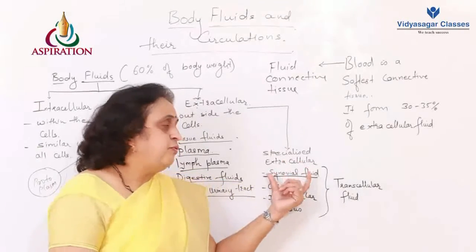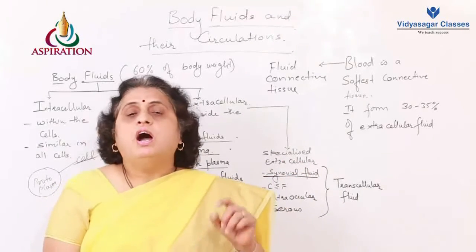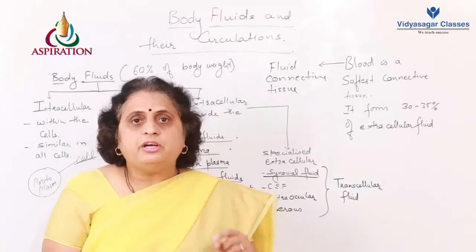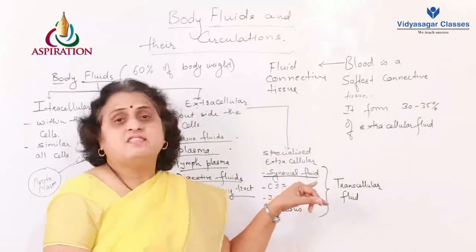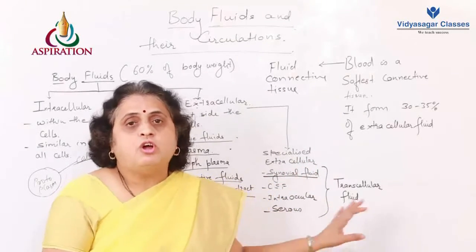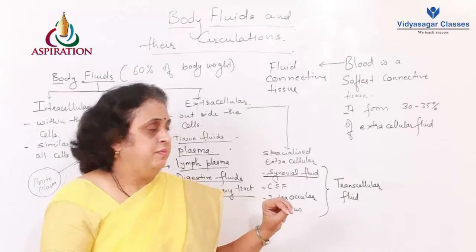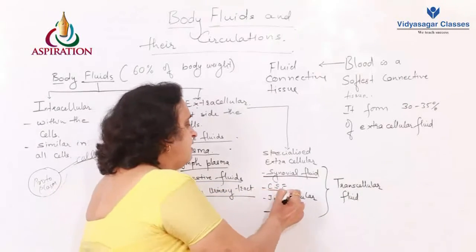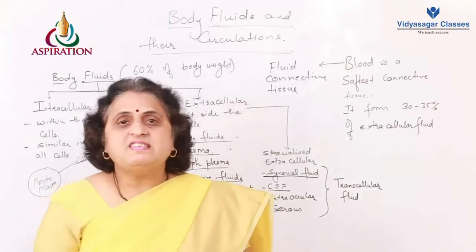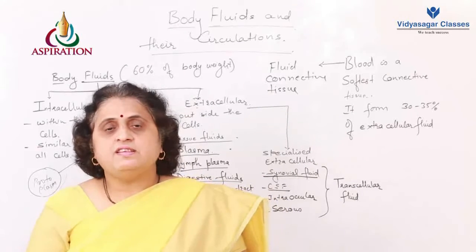So definitely this fluid is not going to move out of our joint, and therefore it is called a specialized extracellular fluid which is not going to circulate. Similarly, we have CSF. What is CSF? CSF is called